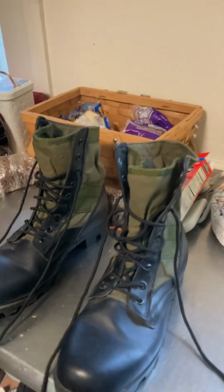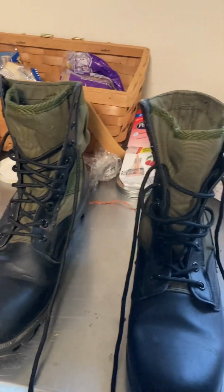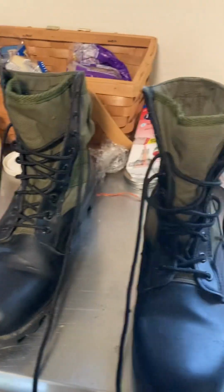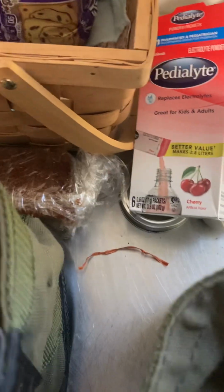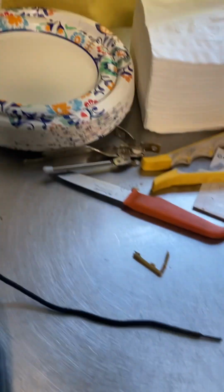And these are actually a really, they're a nice unit. I mean, I paid like 60 bucks for them, but they're not military surplus. You look in there, there's no NSN or anything like that. It's got some little thingamajigs going on there, but no big deal. Overall, the quality is really